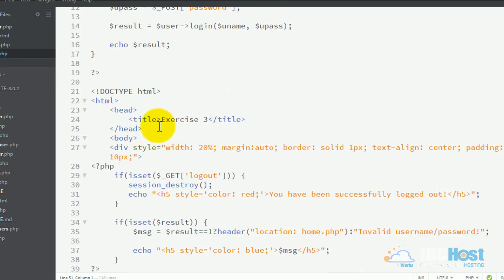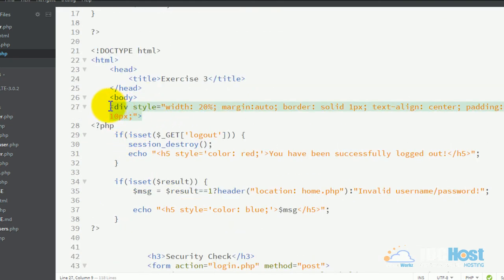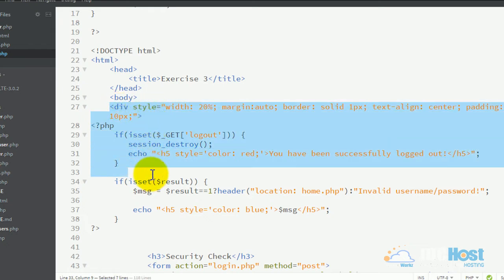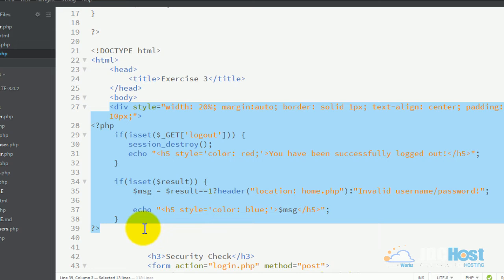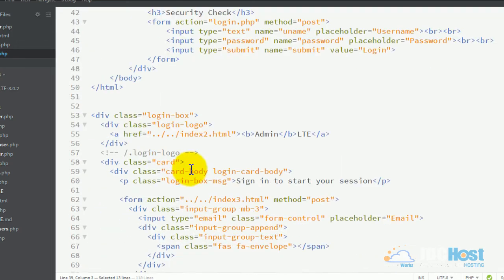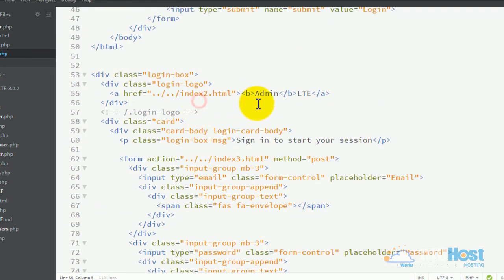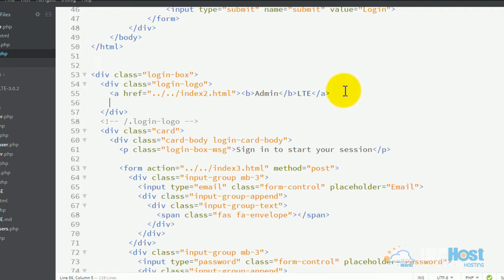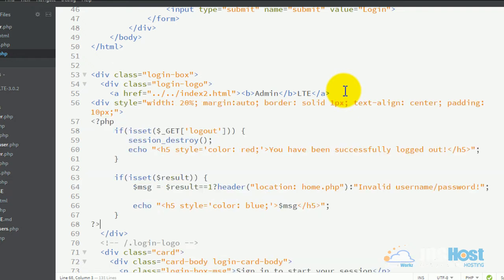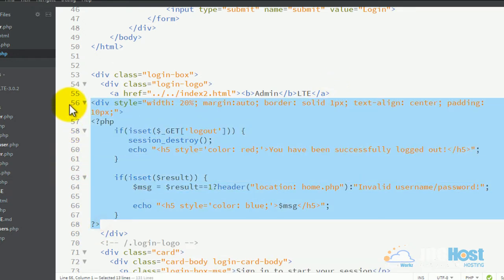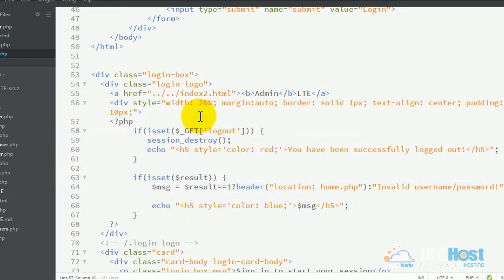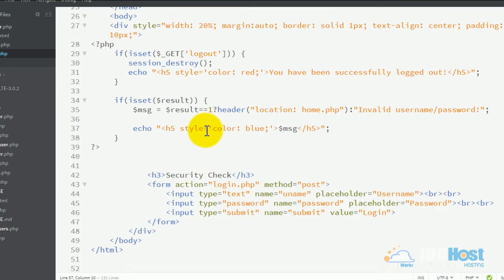So the first one is this, the div style and so on. So we have this. I'm going to copy this one and then put it here, so I'll just have it here on top. Next,